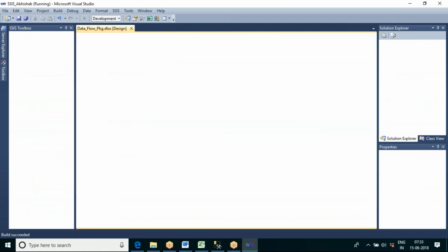If I execute the package, it will go and execute each and every task. But what I want is only those two to execute separately.